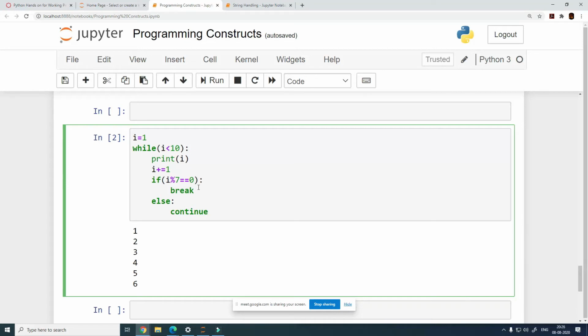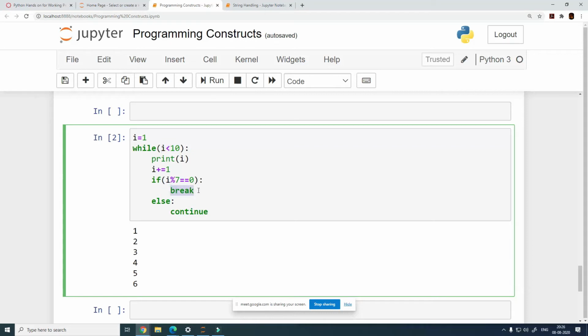There is no compulsion as such, but ideally, when is the time when we are required to use break? When we really do not know when my exit condition is going to get reached. Is this going to get reached before my loop terminates? If that is the case, then we may need to use a break statement.